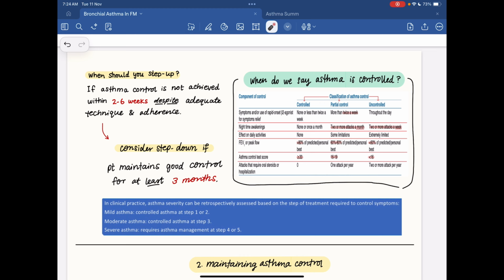When do we step down? Step up, we want it quickly, since it's getting so bad, so 2 to 6 weeks is enough. Step down, are we sure this patient's good? So we need to make sure that the patient maintains good control for at least 3 months. In clinical practice, the severity can be